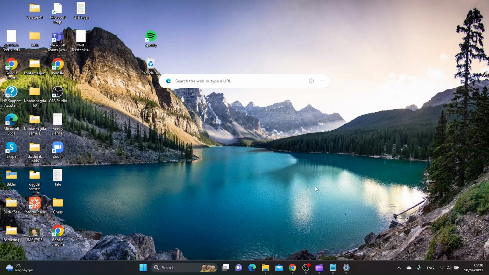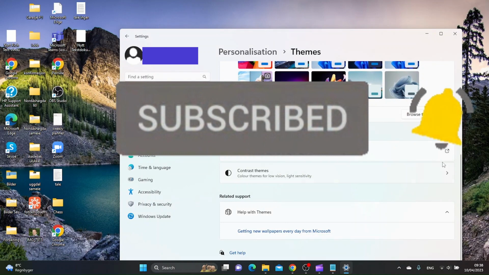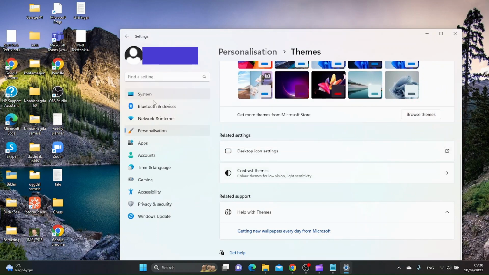The first thing you want to do is to click the Start menu, and then you want to go to Settings. If you don't find the settings here, you can just search for it on the search menu here. Click Settings, and then you want to go to Personalization,